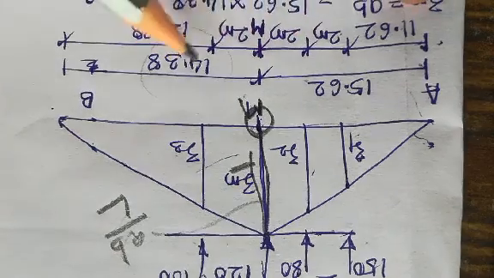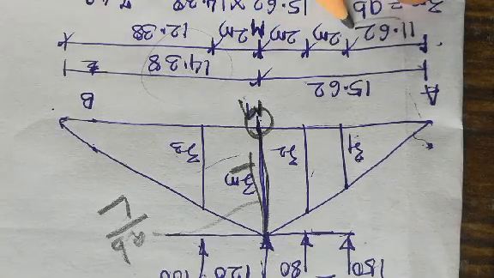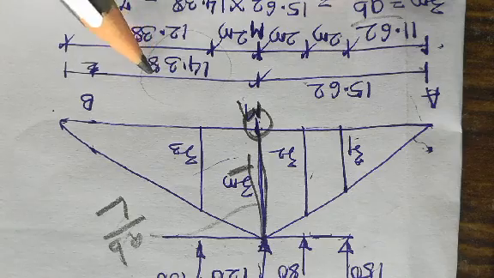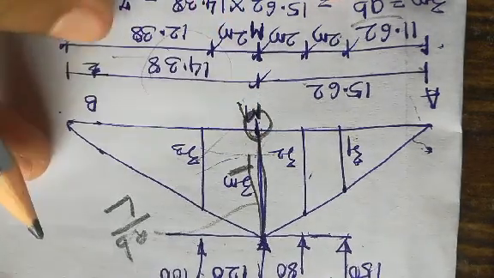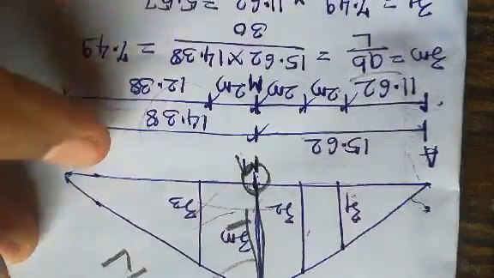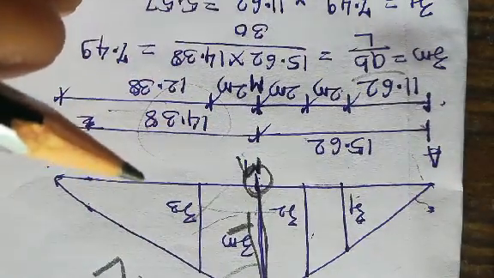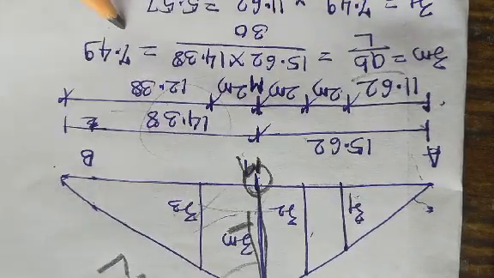If from 15.62 I subtract 4, the remaining value is 11.62, and from 14.38, if I subtract 2 meters, I will get 12.38. Zm is obviously the maximum ordinate, given by AB divided by L. You will get